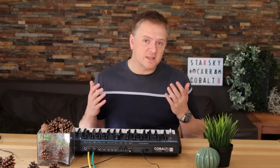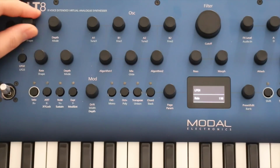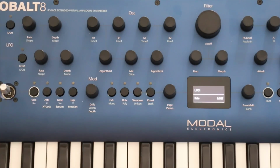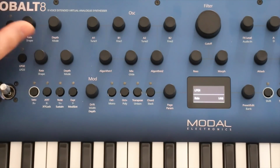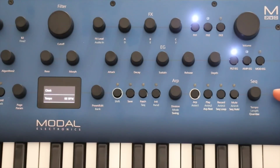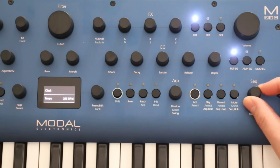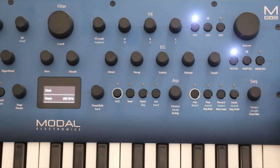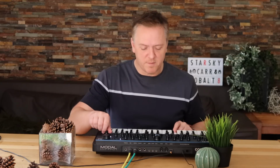So it's quite fast, it's not super fast, and it's syncable. If we take the rate down to 0, and then below 0 we get all the rates down from 4 bars down to a 64th. So that's a 16th, and change the tempo with this knob on the far right. That's 295 BPM